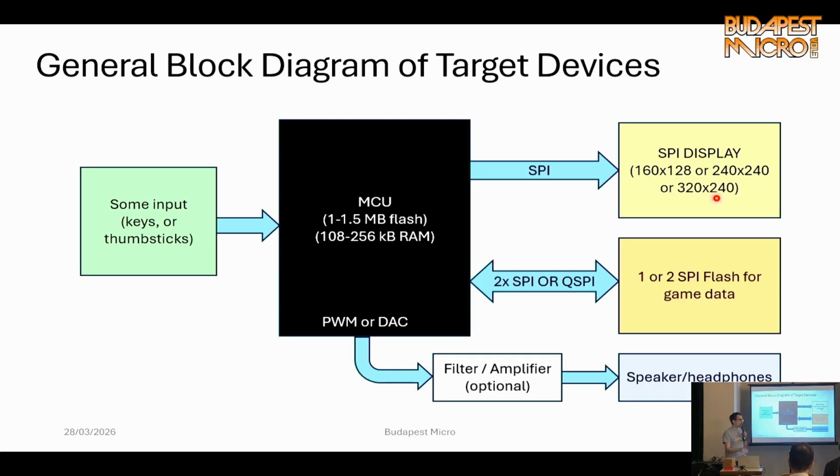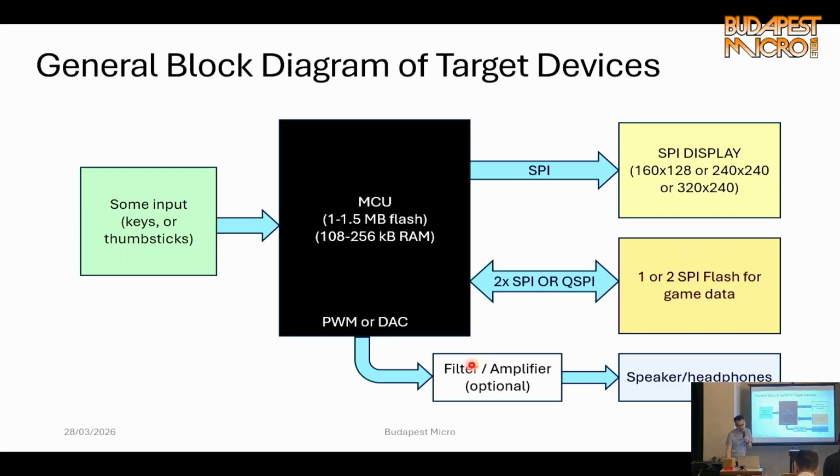And the general block diagram of the target devices is basically the same. There is the microcontroller and a serial display with different resolutions. Then there is external SPI flash for the data, the Doom WAD game data file. There are also some inputs like keys or thumbsticks.